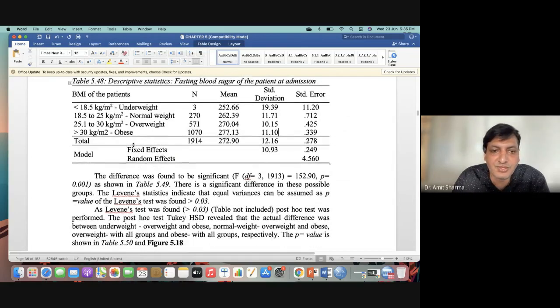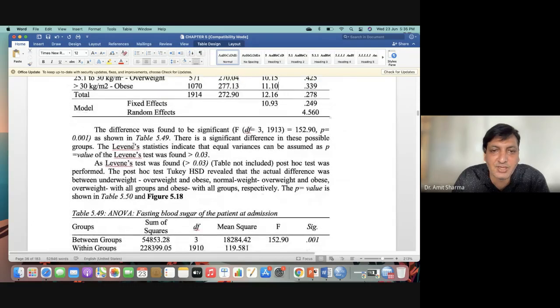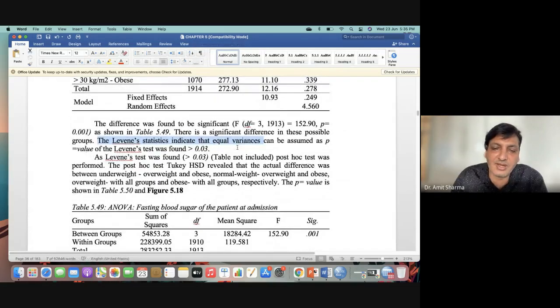So you can proceed further, and here you can see that I have discussed the test for Levene, and you can discuss Levene or you can discuss post hoc, even the test for homogeneity, that it was found.